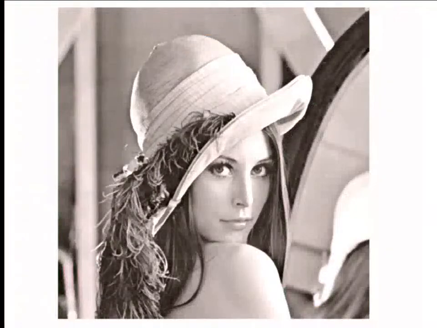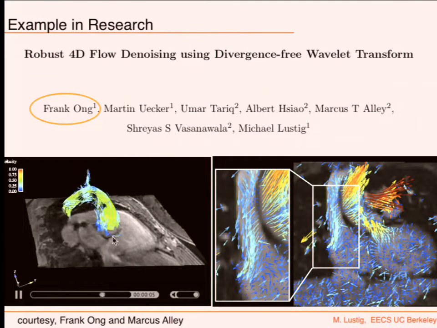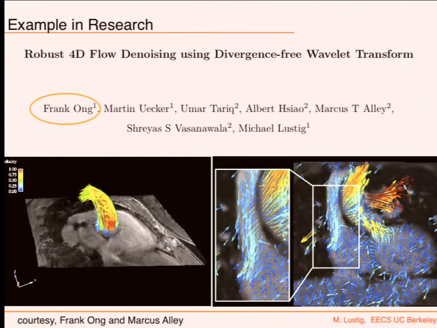Here's another example. This is Lena, very famous. This is decomposition, again, makes it sparse. For the last 2 minutes, I'm just going to say something about something that's more related to research. It's a paper where he uses those ideas of multi-scale decomposition in order to denoise flow fields. So now it's not just one dimension, it's really a vector field that you can also compute these flow fields on. And this is flow fields in MRI, this is blood flow in the heart. You can get that signal from MRI, and you can see those flow fields in the heart.